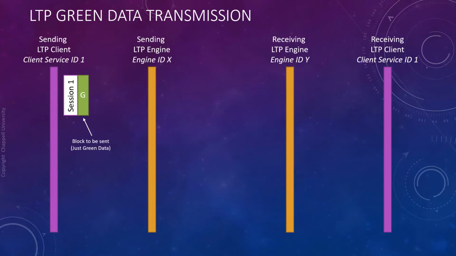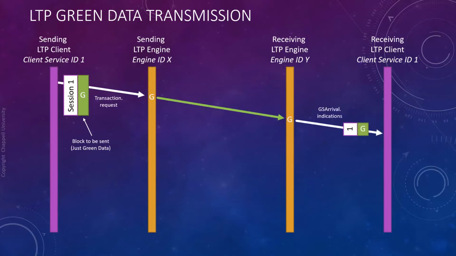So a block of green data, and this time we're on session number 1 here, gets sent to the LTP engine. That engine is going to start sending these green data packets, and you can see that we have an arrival indicator that goes to the application on the target side saying, hey, this green data came in. Or I should say this green data came in, because the packet isn't pushed all the way up, just the data is. Another packet goes across, and that green data is pushed up to the client.